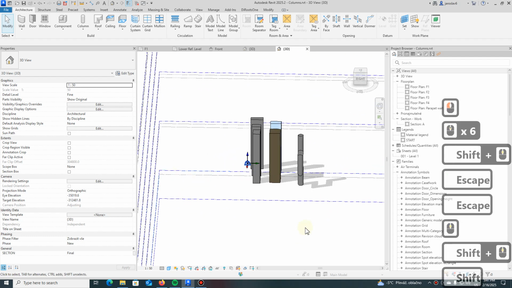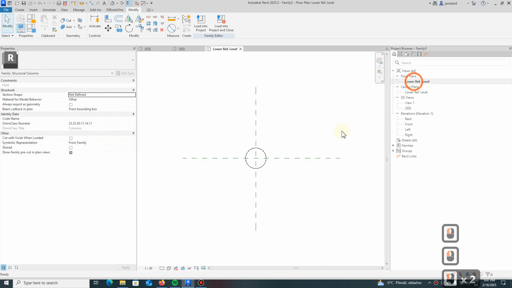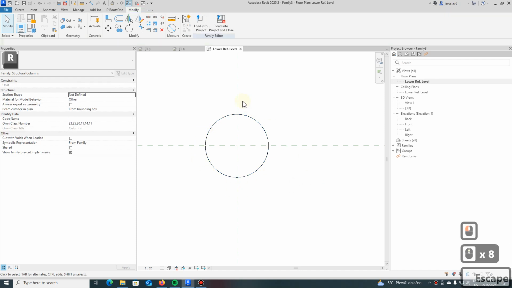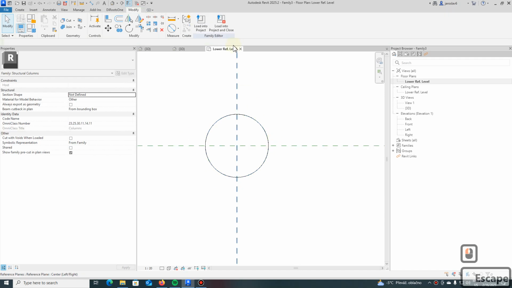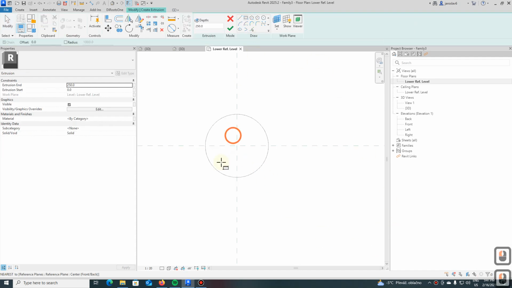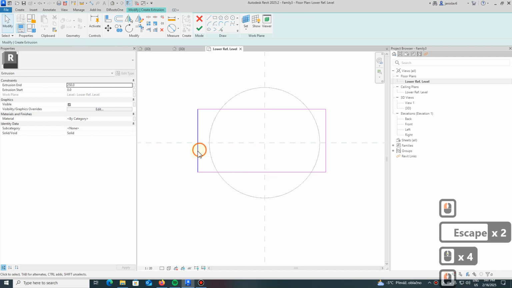And yeah, and one last thing I want to show you is that we can create cutting geometry. So we have this like solid geometry, but I want to cut something. I can create void forms. In that case, I will use just extrusion because it's the easiest one. So I select extrusion. I draw it here like that,